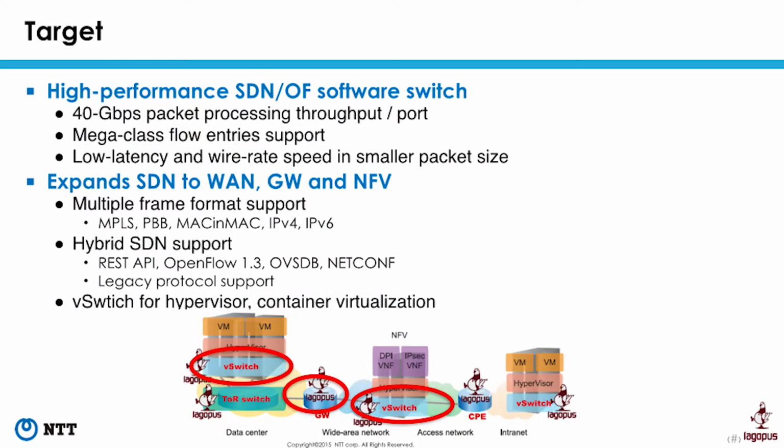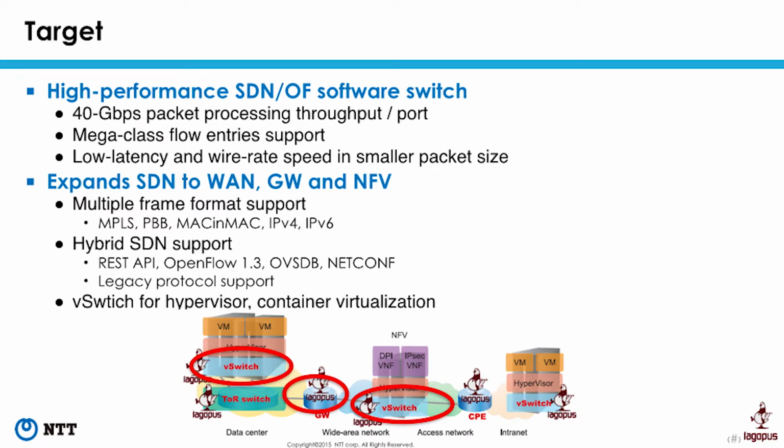In our target, our project can be applied to many switch systems, gateway systems, and hypervisor switch systems. And also we try to enable a high performance software data plane, which is SDN aware and